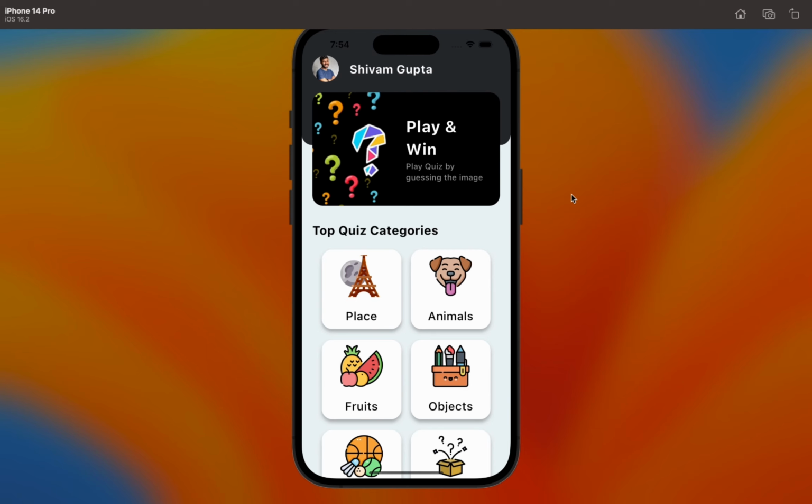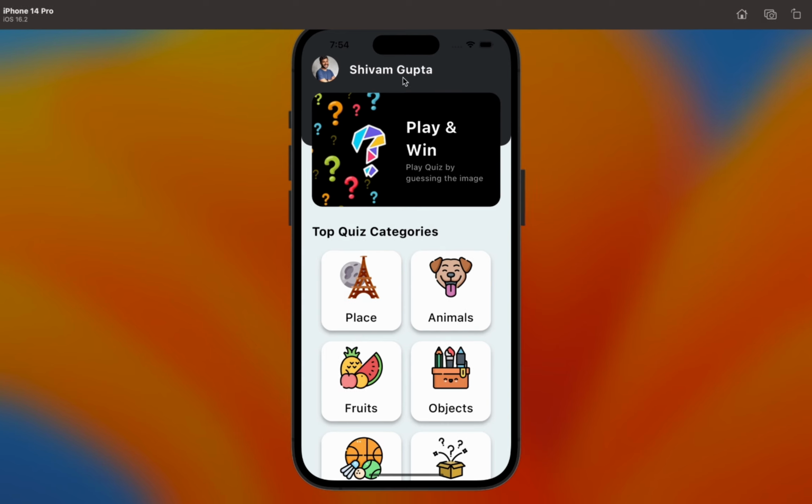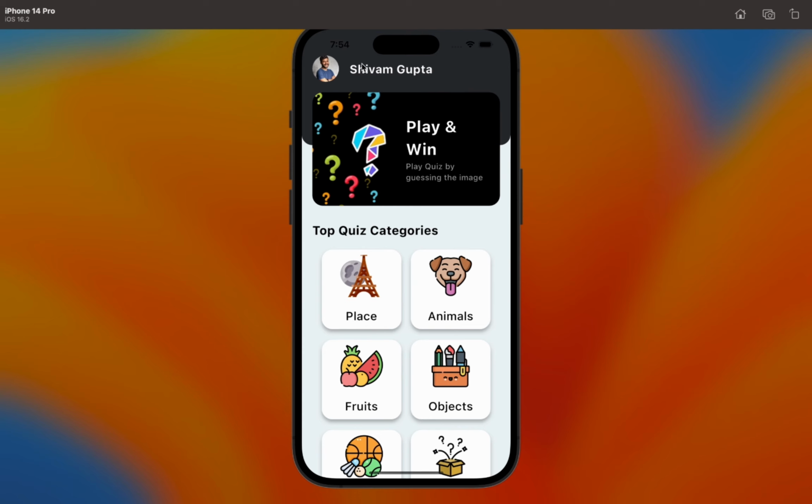So here you can see the home page of our quiz app where I have shown the username with the user image, and just below it you can see the image of play and win with a text, play quiz by guessing the image. So we gave a small hint about the app where the user has to play the quiz by guessing the